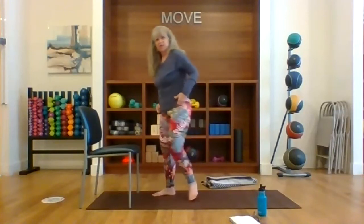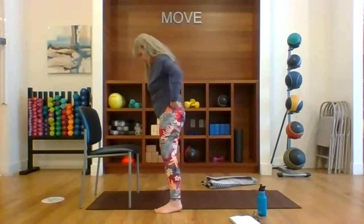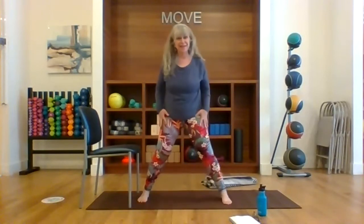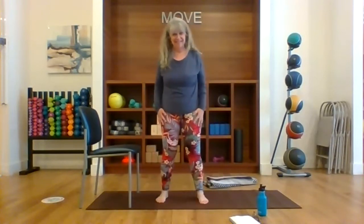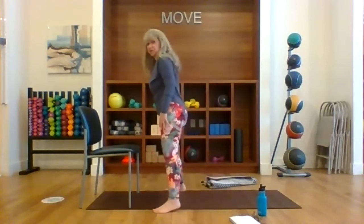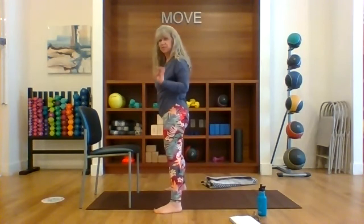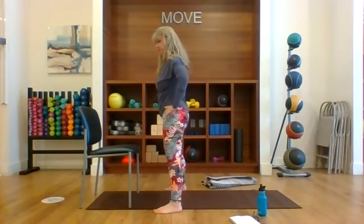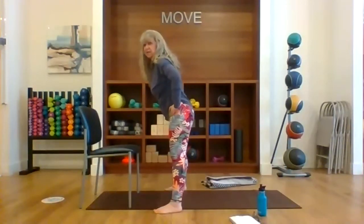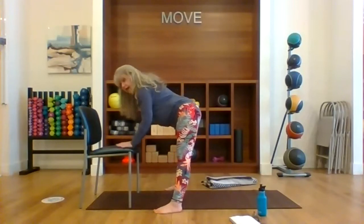Good. So facing the chair again, going to bring our feet wide open, wider than your hip joints. Okay, so this is hip joint distance. We want to go wider than the hip joints and face the chair again. Feel the base of your big toe, the base of your little toe and your heel connected to Mother Earth. And then bring hands to the top of the pelvis, tilt the pelvis, nice long straight spine,